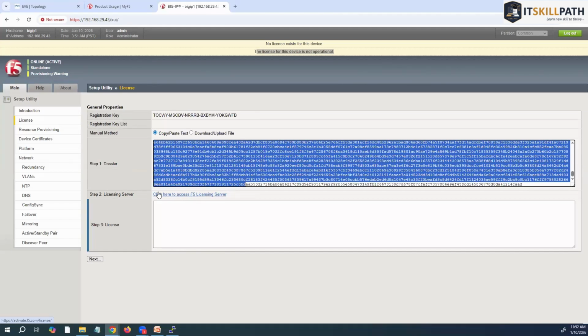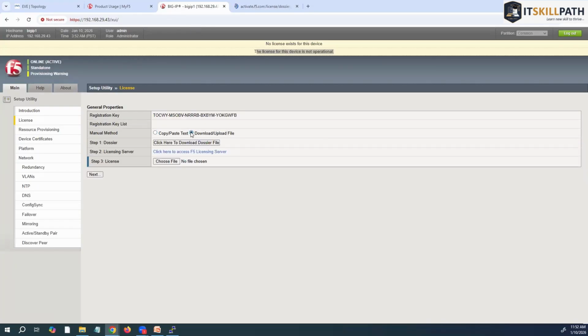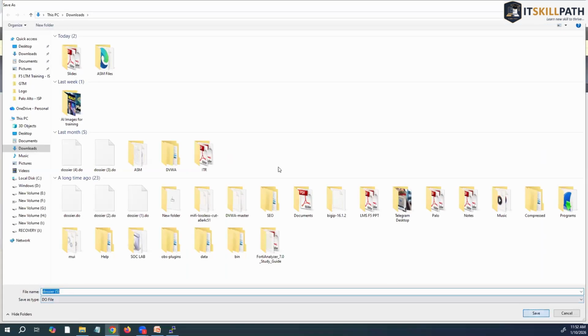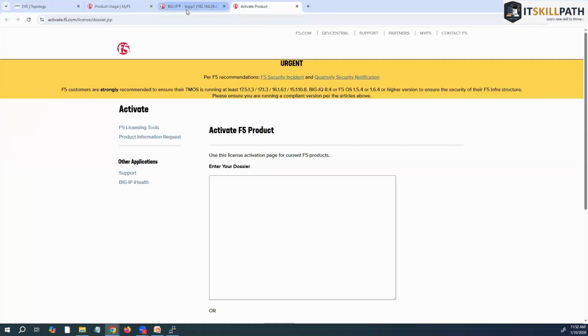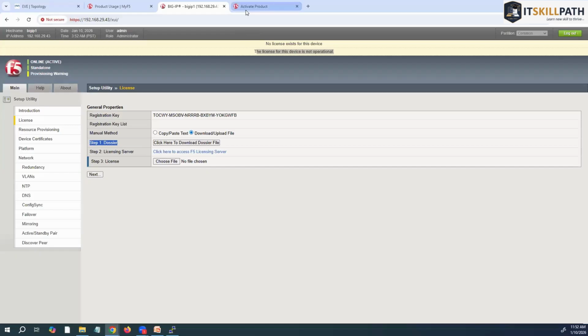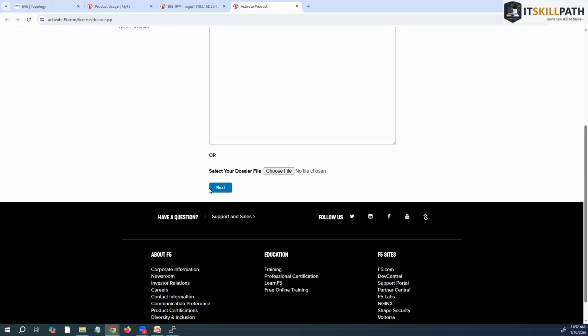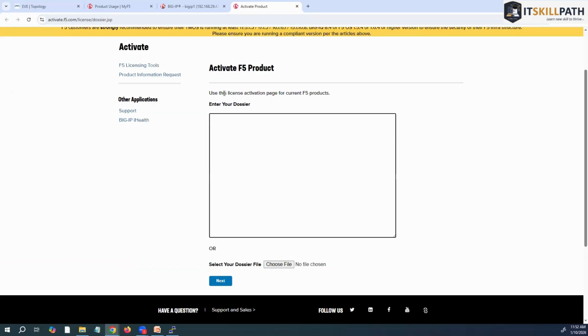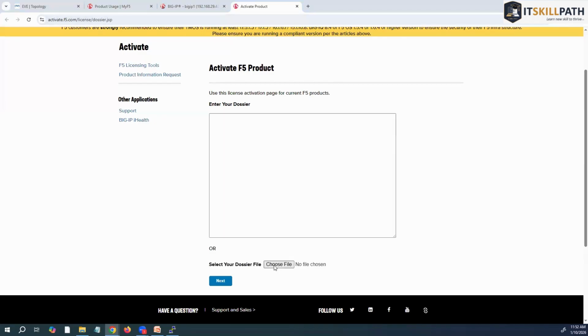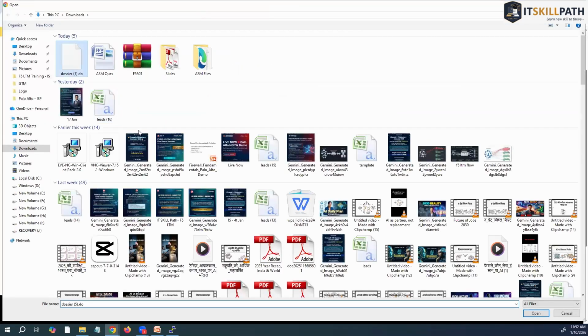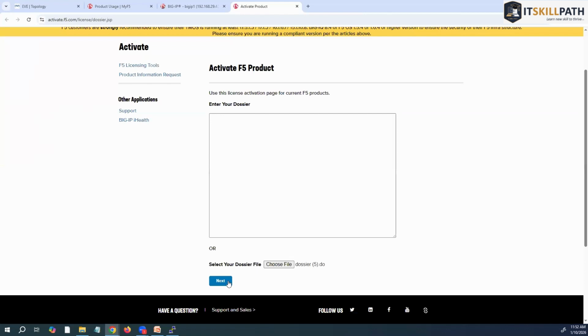By clicking here, you can go to the F5 license server. And what I'll do is copy paste, and I have both options: I can download and upload that .gr file to the server. It considers the device information and serial number of the F5 LTM. We'll go to the F5, and by clicking here, I have come to the license server, activate. And what it is asking here, we can copy paste from here. If I have already downloaded it, we can choose that file here, like this one. I'll click on next